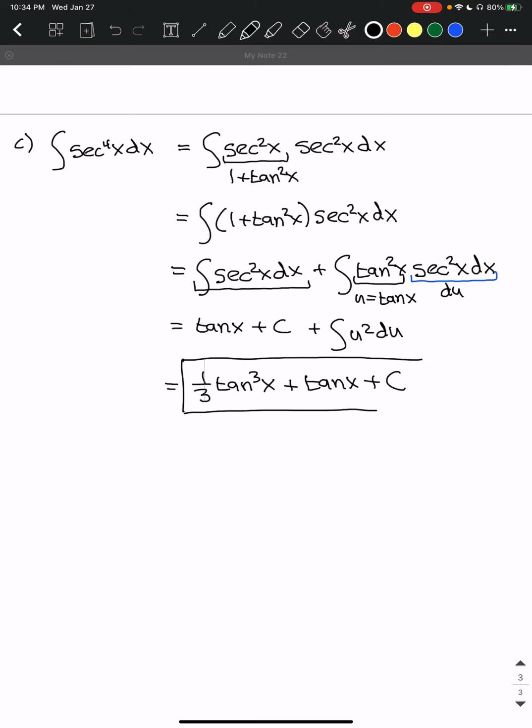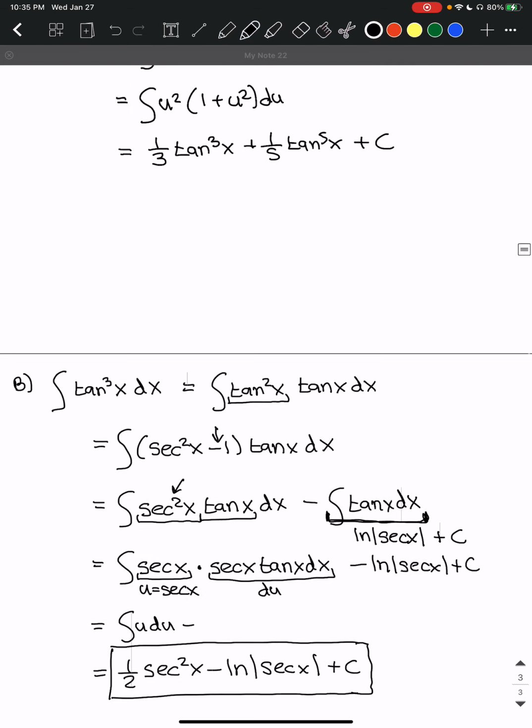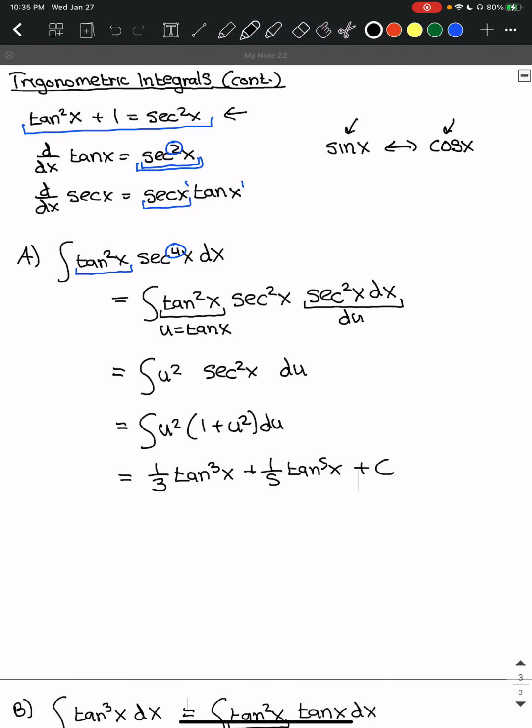Okay, so these are not that bad. It's just important to recognize that you're no longer searching for just individual powers of secant or tangent when you're looking for a derivative. You have to look for even powers. So in this case, even powers right off the bat are your best friend, whereas in the sine and cosine case, the odd numbers were your best friend. So hopefully this was a good review of trig integrals involving tangent